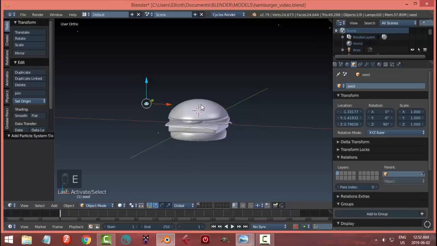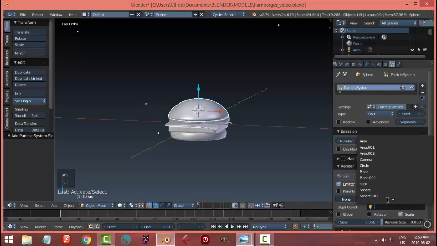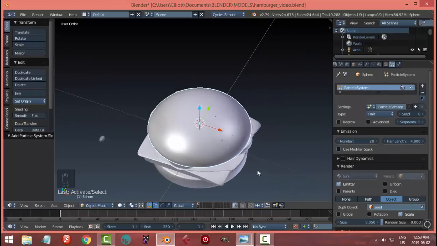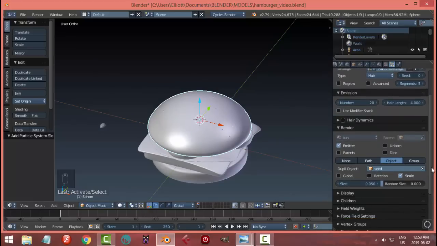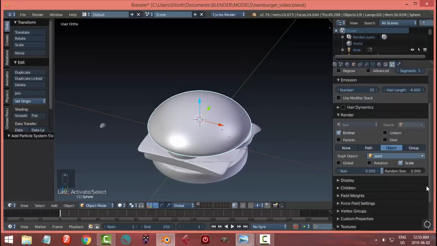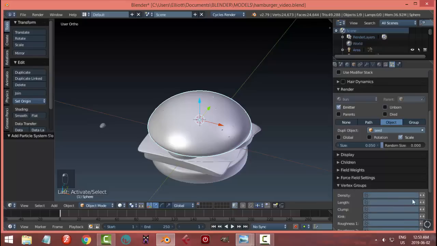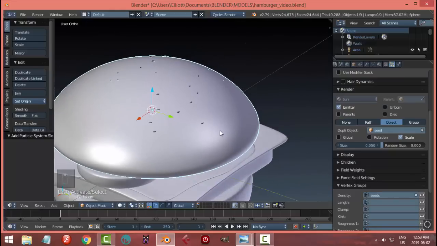Seed. Let's go back to this. Seed. And under duplicate group, we also need to set up under vertex groups density. That's where I'm going to select seeds. Okay. Now,